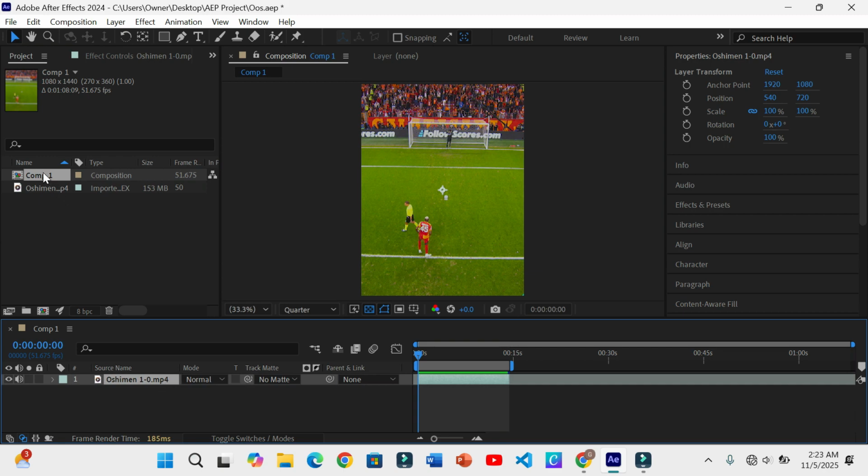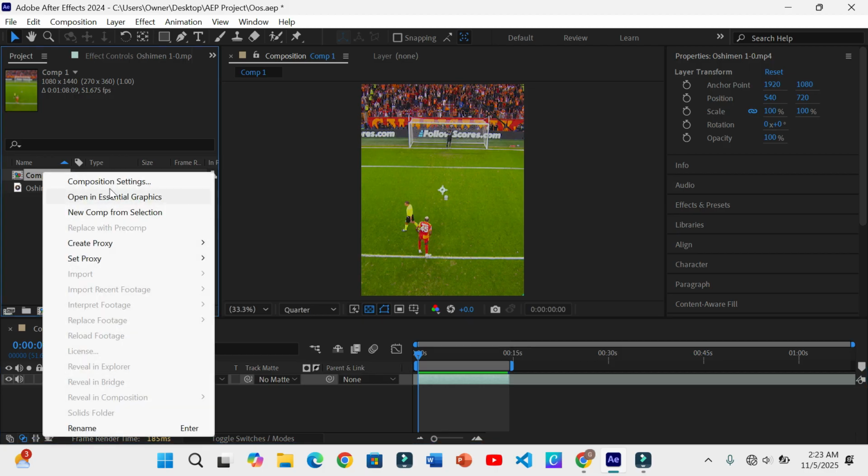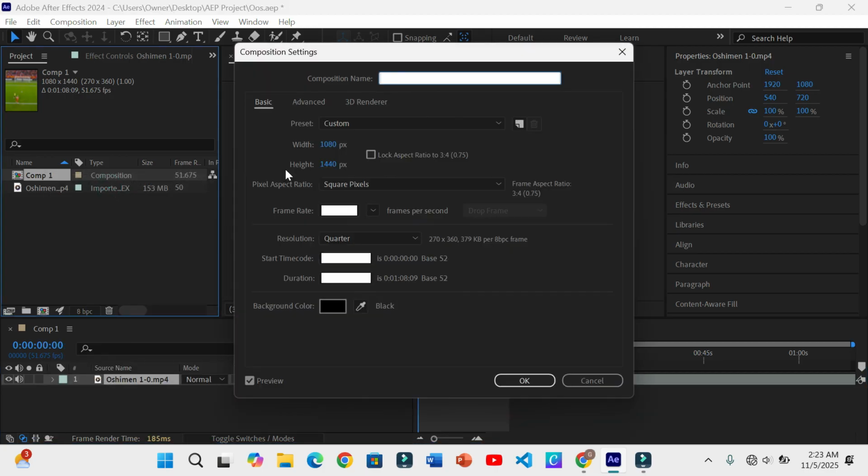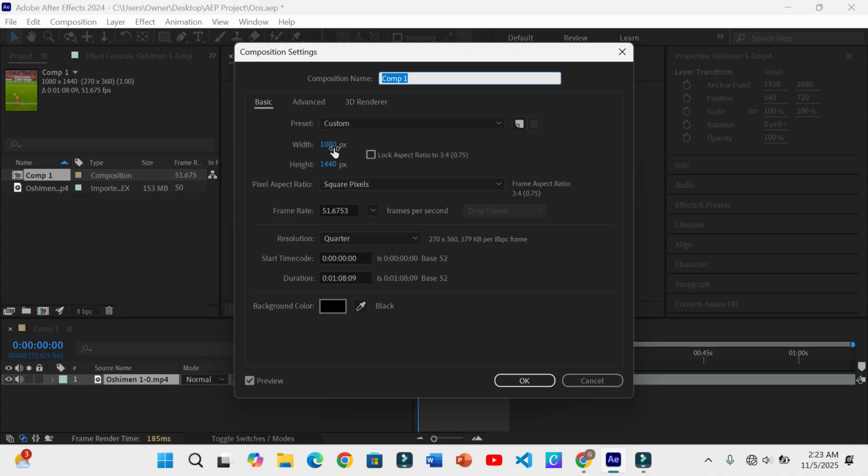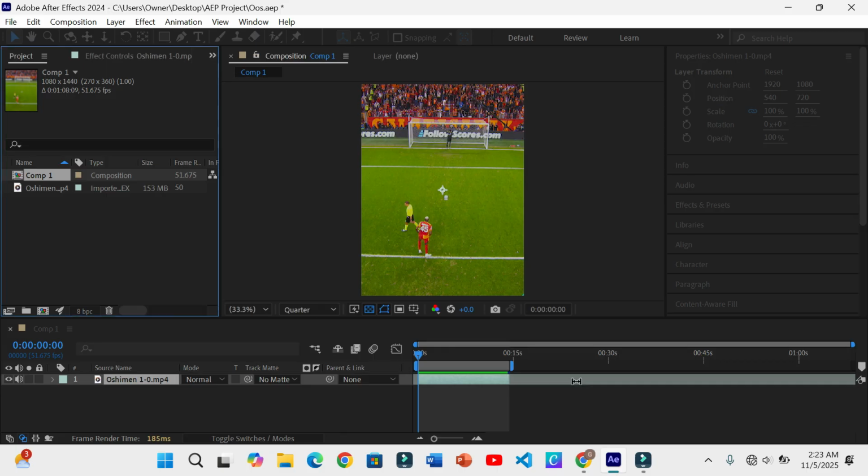So let me show you the composition setting which I'm using for my video over this place. The composition setting I'm using is 1080 by 1440. Once you add your clip to your timeline, what we are going to do over this place now,